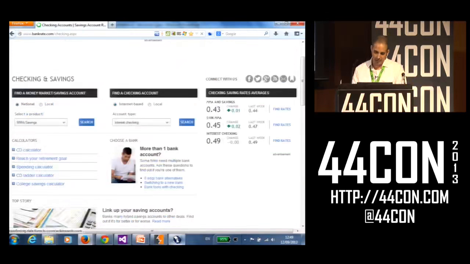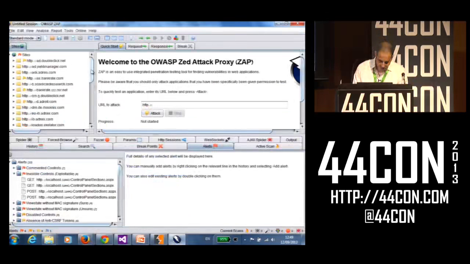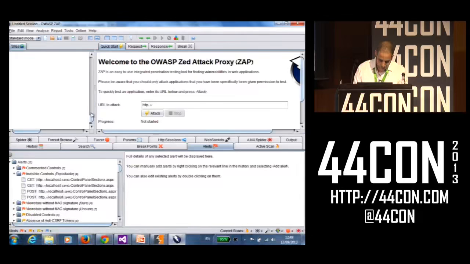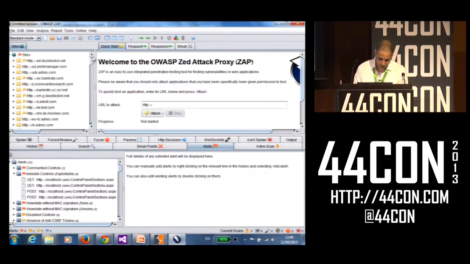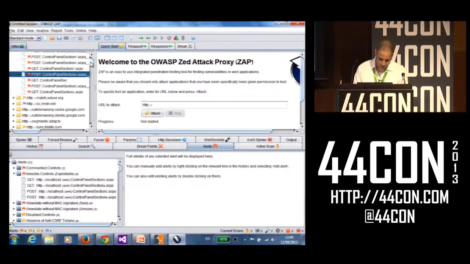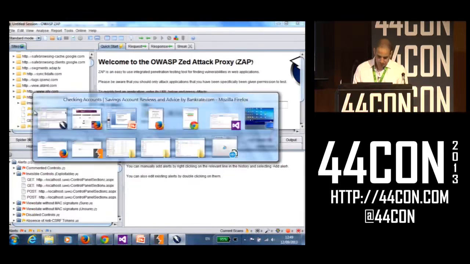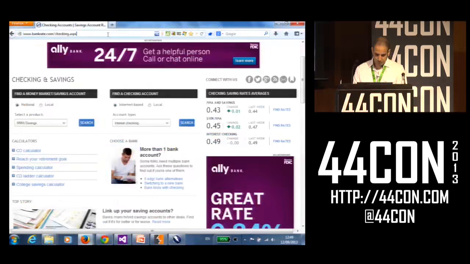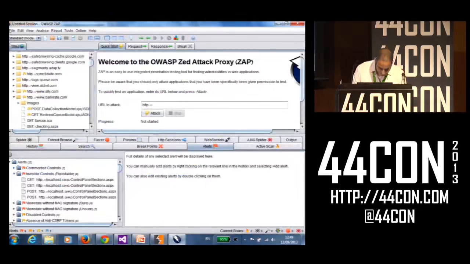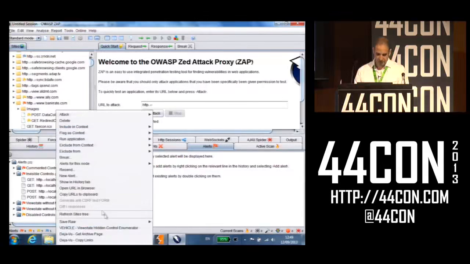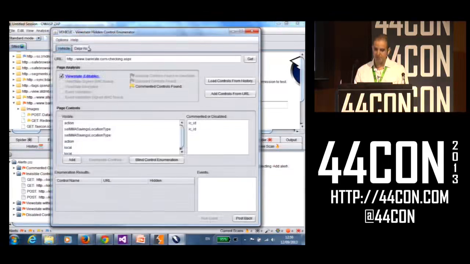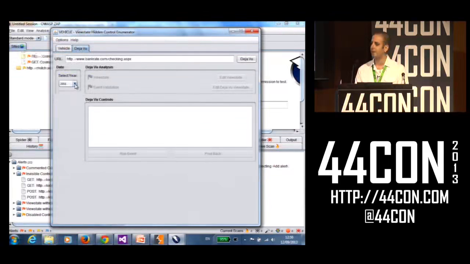And just by accessing the relevant page, we'll be able to use the Deja Vu extension to compare the view state